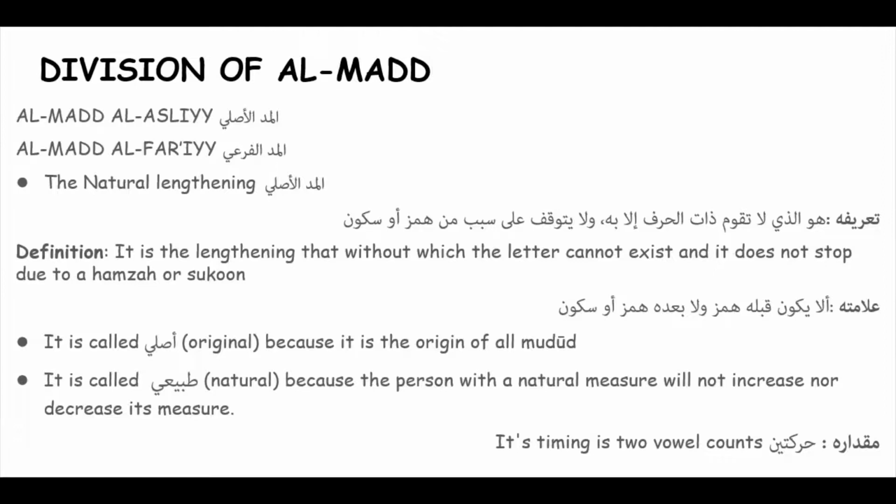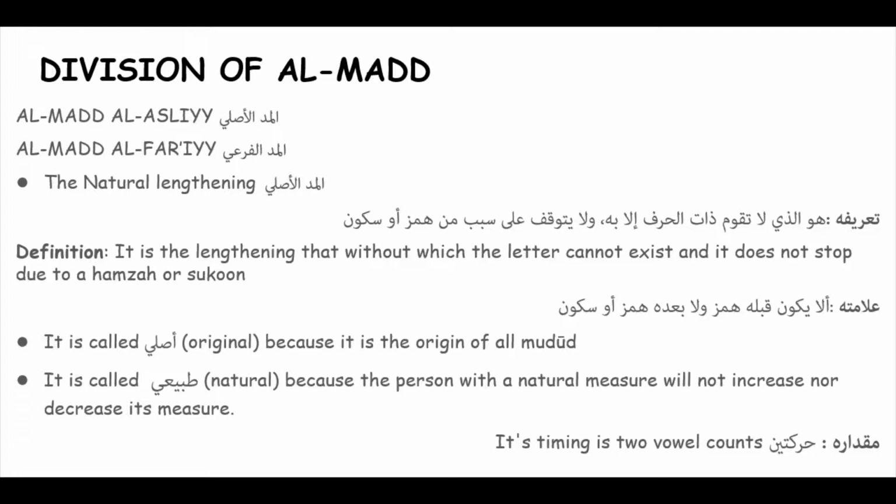The division of al-madd. Al-madd is generally divided into two divisions: al-madd al-asli and al-madd al-far'i. Those are the two general divisions of madd. Now let us look into al-madd al-asli, the natural lengthening. Al-madd al-asli is also known as al-madd al-tabi'i. We are going to see why it is called al-asli and why it is called al-tabi'i. It is defined